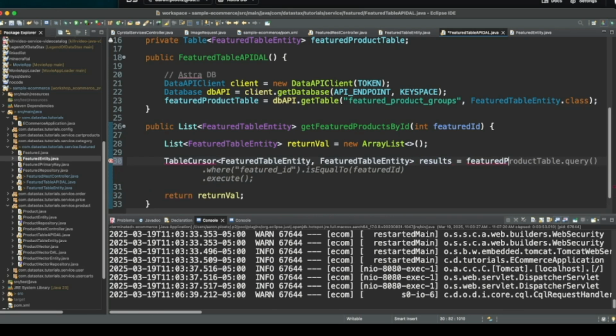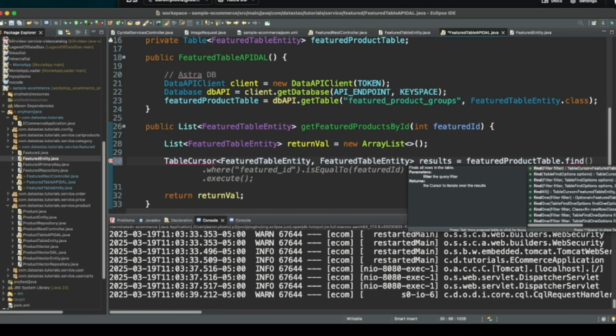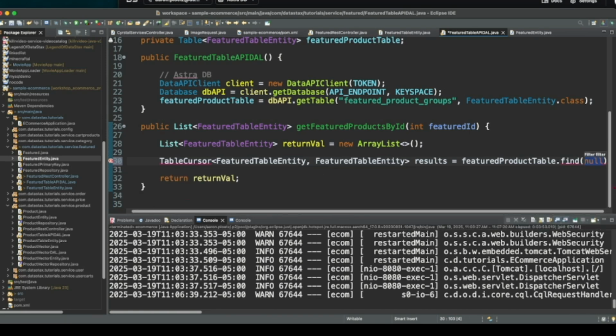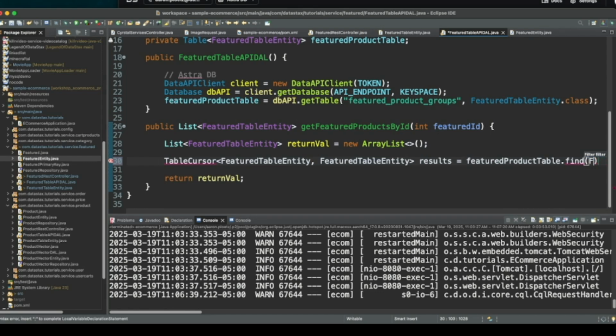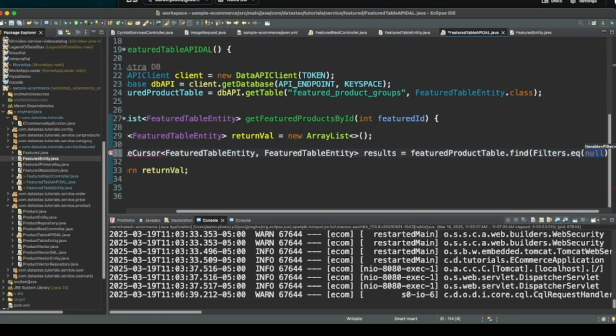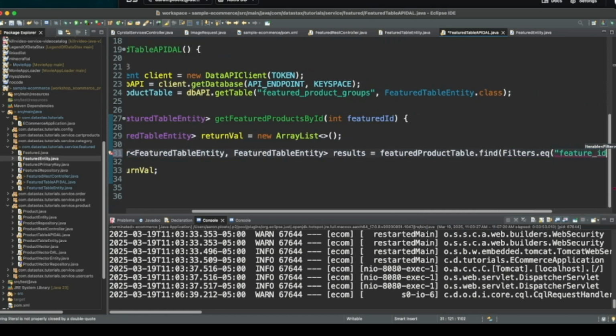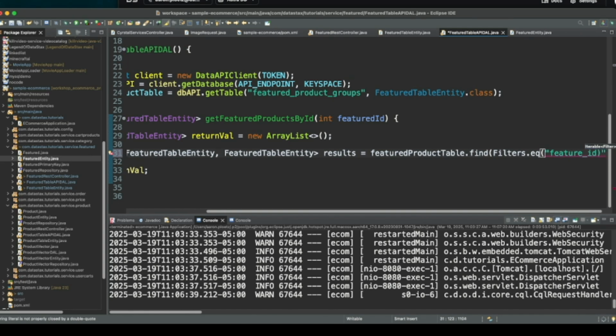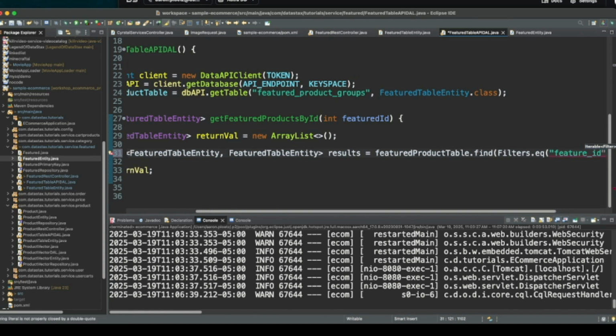Well, Copilot, again, you're close, but no cigar. Product table dot find. And I'm going to say filters dot equals, and we're going to say feature ID as our column that we want to find in.